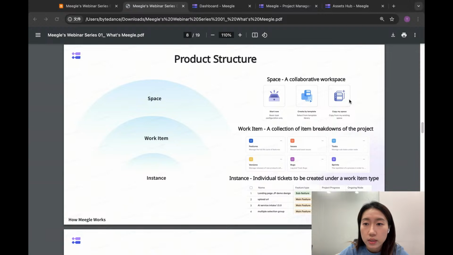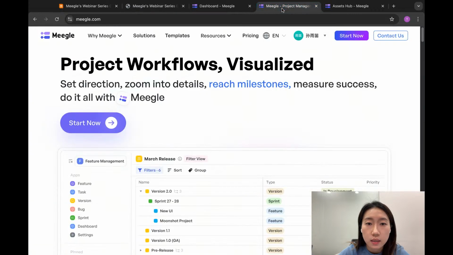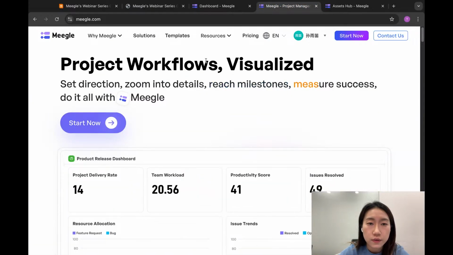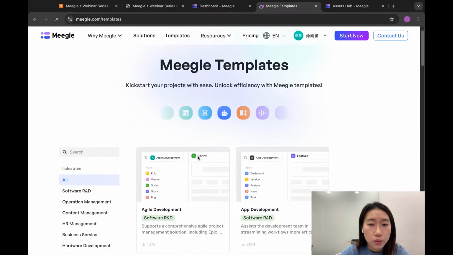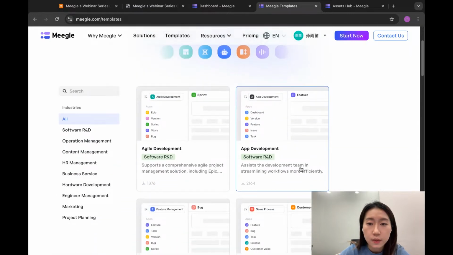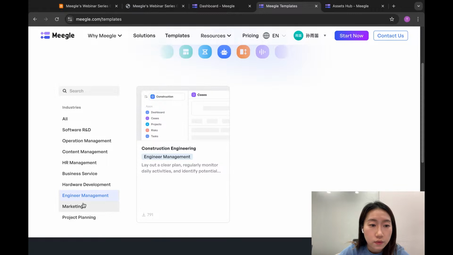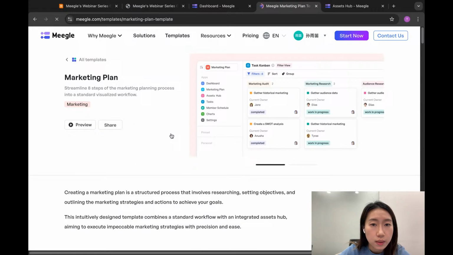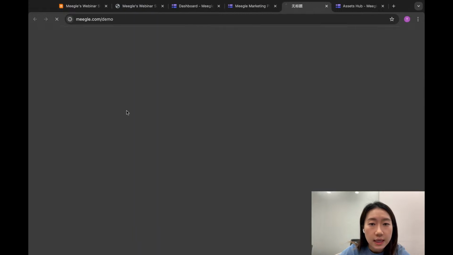And let's demonstrate this product structure from Meegle's official site. If you go to Meegle's official site, meegle.com, and click on templates, you will see all the templates that the system has prepared for you. According to your industry, you can choose templates that best suit your scenario to help you get started quickly. For example, if we go to a marketing template, we can see that